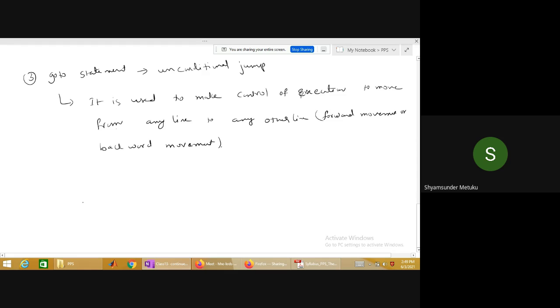But to make use of it, you must understand something called a label. Okay, we should write it as label. This is the syntax. Label, then a statement. So in the first line, you should start with some label name. The label name could be anything, but you write some statements. Then statement 2, then statement 3. Then I will write here, go to label.